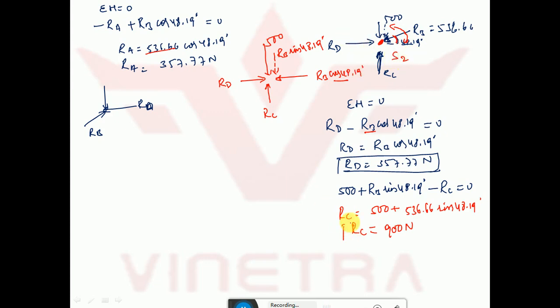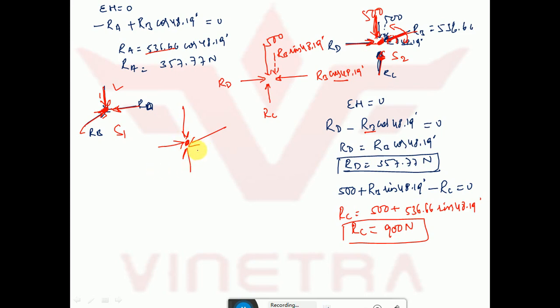Now we have calculated the values of RA, RB, RC and RD. All the four joints are calculated. This is the end of this problem. So for sphere S1 we were able to apply Lami's theorem because only three forces are acting here. So I can directly apply Lami's theorem and solve this one. But see here, once we come here, there are four forces: RC, RD, RB, and apart from that one more force of 500 Newton. There are four forces acting on sphere 2, right?